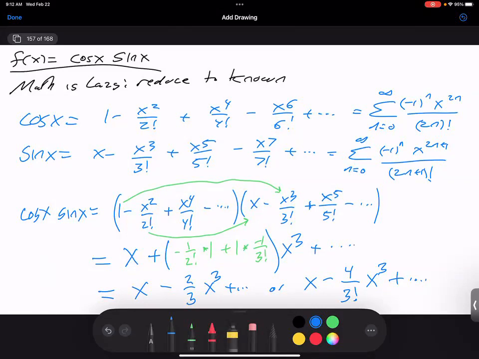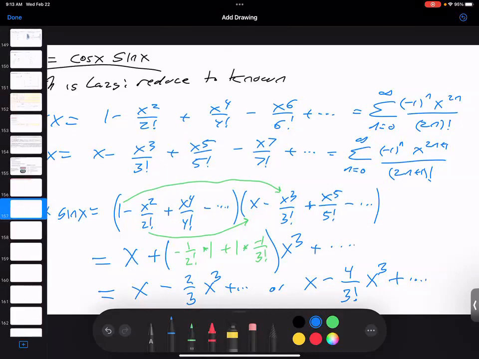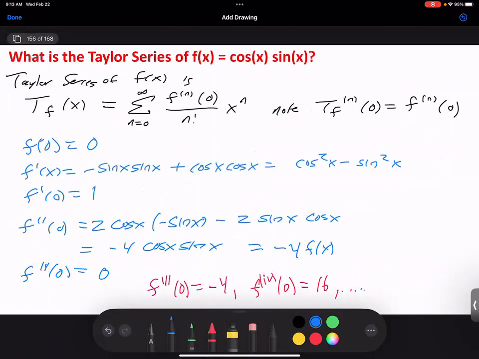So 2/3 is the same as 4 over 3 factorial. What word do we use to describe something like that: simplified, reduced, lowest terms? I've removed all the common factors. But for this problem, it's actually better to write it as negative 4 over 3 factorial. Why is that better? Well, because if you look at how we write the Taylor series,